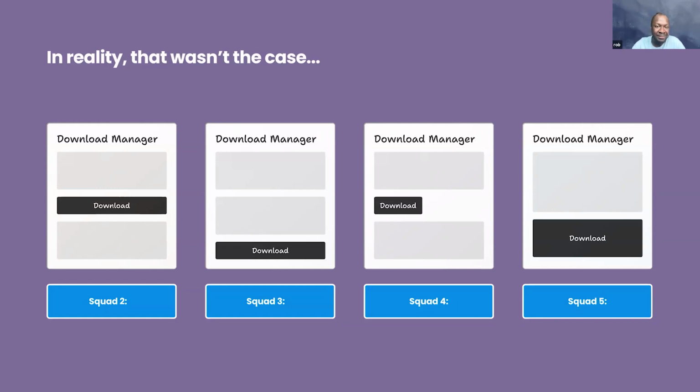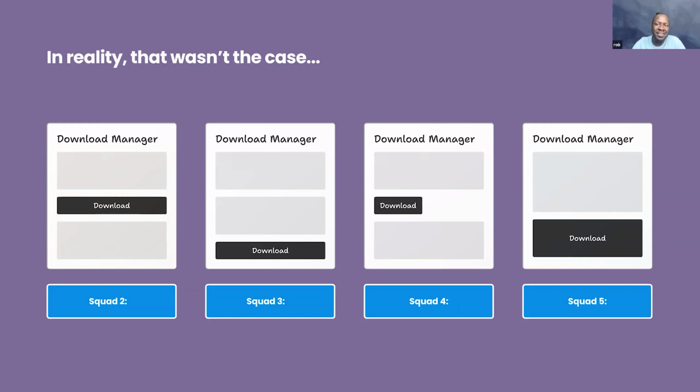And so for us, it meant a number of things. One is around the time that was spent developing the component by each squad. Instead of referencing what was first built, time was lost on this task, which could have been spent on other tasks. And of course, as I said before, time equates to money. And so one of the most expensive resources are development resources. And so if we're not optimizing and using them in the right way, then it's definitely not the best thing.